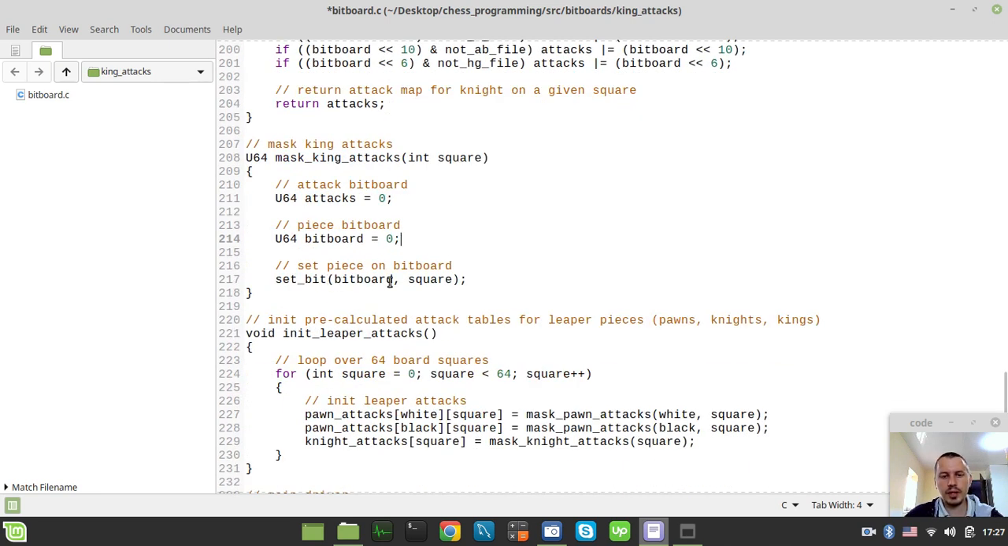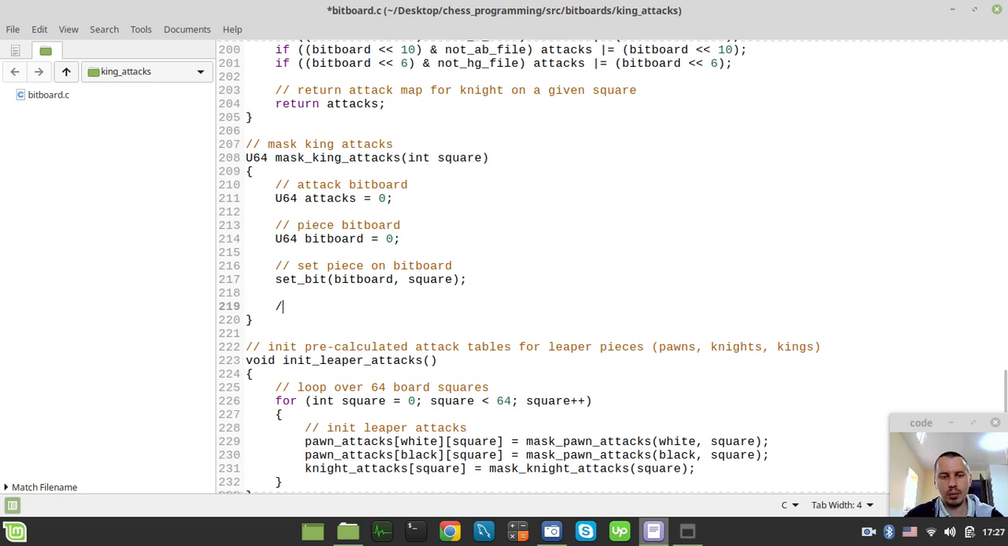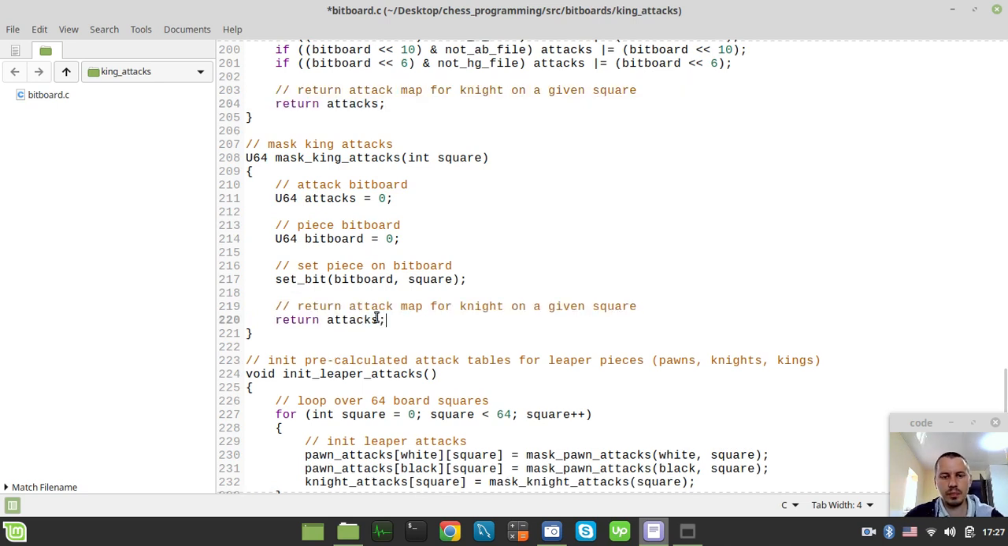And obviously we're setting the bit that is represented by the square that we're taking as an argument with our masked king attacks, to place an imaginary king, let's say, on this sort of a bitboard. So I'll now just demonstrate how it works. It's quite simple. And the very last thing to consider here, we need to return the attack map for the king